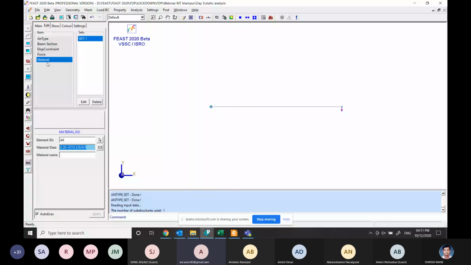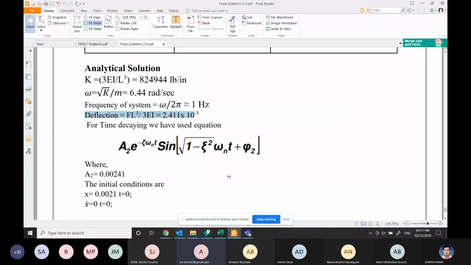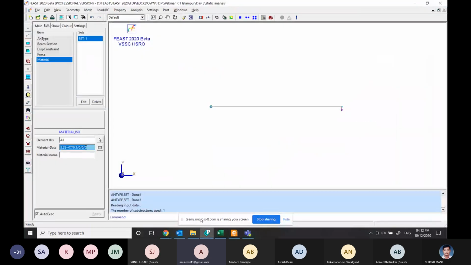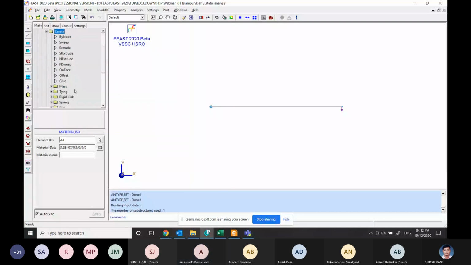Here you can see in the geometric properties, we have a mass of 2000. So the cantilever beam has a lumped mass. We can give the lumped mass of 2000 lb second square per inch at the free end. For that, we can go to mesh, element, create, and a mass element can be added at the free end.